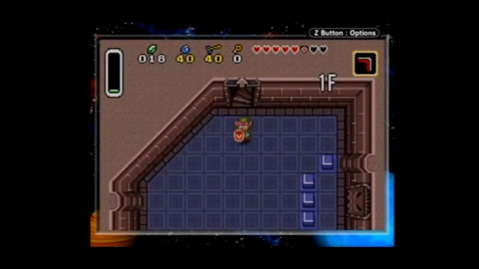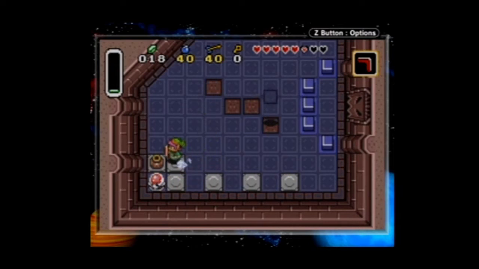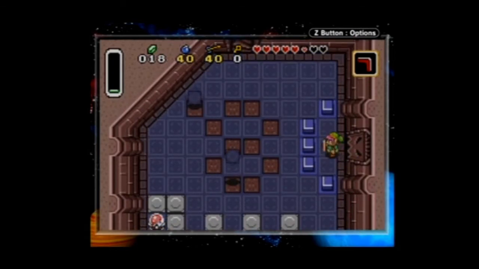Now we're going on to the Ages here. They have a lot of new bosses added to Ages, actually. And they have... Dungeon 1, there's Pumpkinhead, which is pretty interesting. Dungeon 2